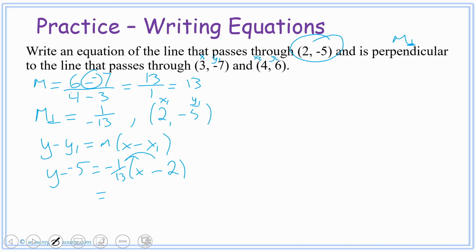So on the right side, that's going to be negative 1 over 13 x plus 2 over 13. Over this side, that's a y plus 5, because there's 2 negatives that make a positive. Subtract 5 on both sides. I'm just going to subtract it here. Remember, it can be written as 5 over 1. So we're left with y on the left side equals negative 1 over 13 x plus